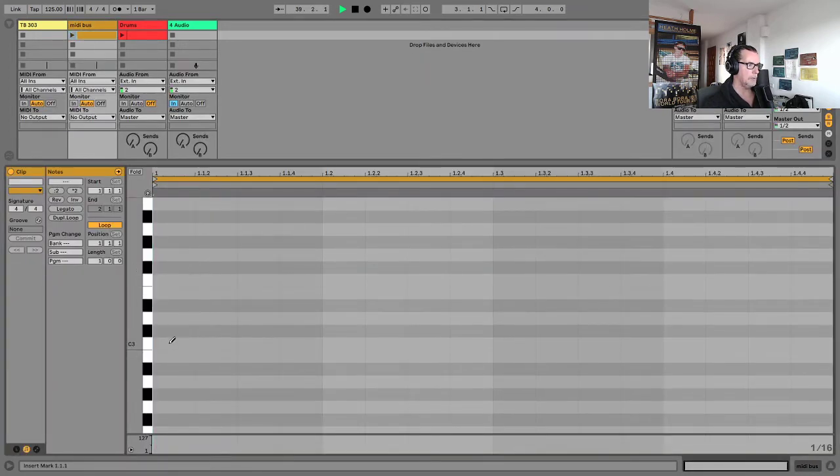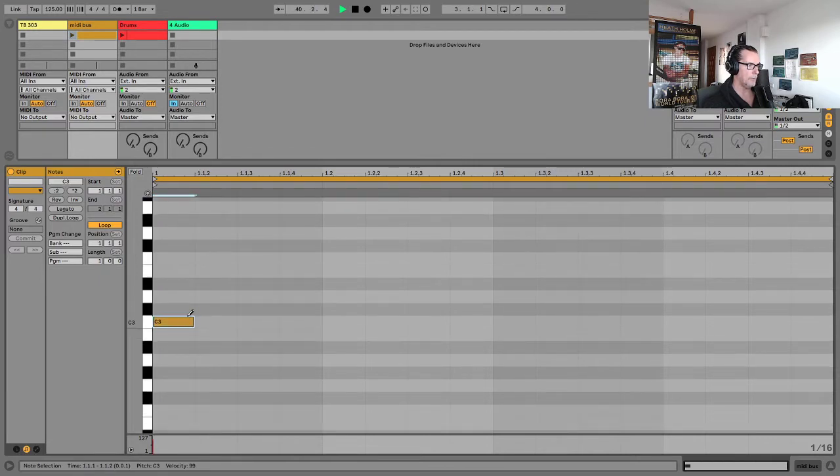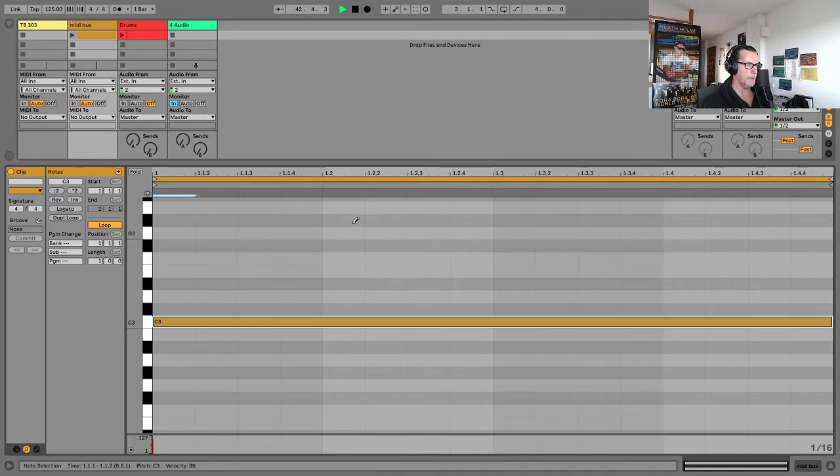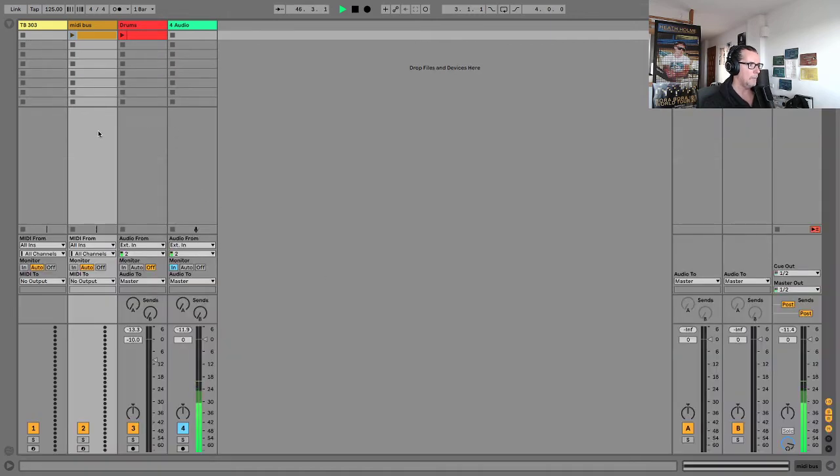Come into the MIDI clip and punch in a note at C3, middle C on the piano, come over to the notes section of the clip, click legato, and I now have a 1 bar length sustained middle C note. That's all I need to do there. I'm then going to come down to the MIDI bus track to where the in and out panel section is, and I'm going to go to the MIDI 2 section of it, click the box where it says no output, and I'm going to choose TB-303. So now anything that happens in this MIDI bus track is now going to head over into the TB-303 track,